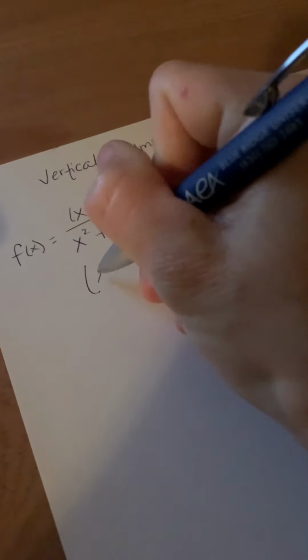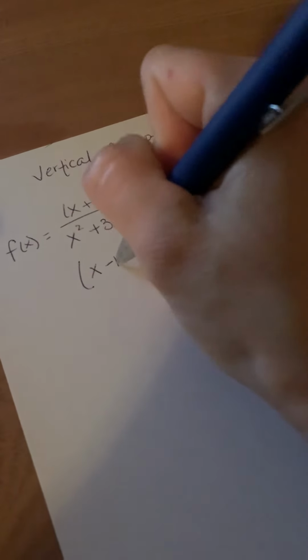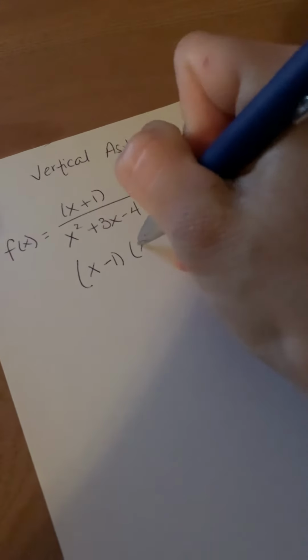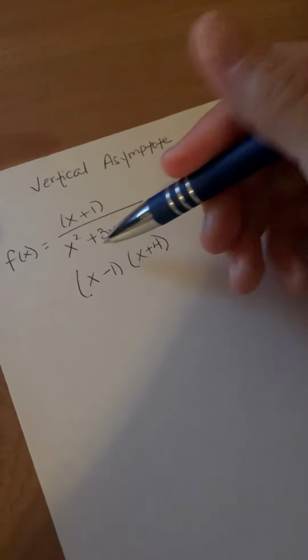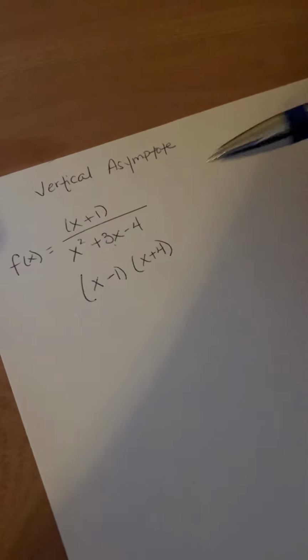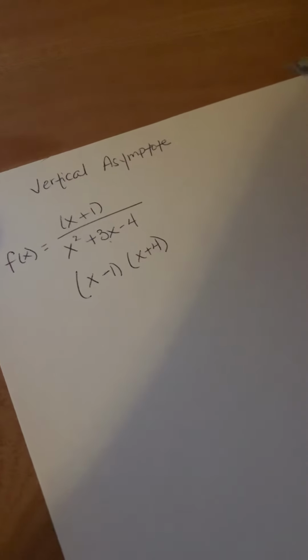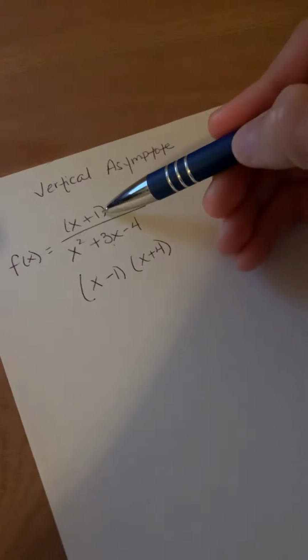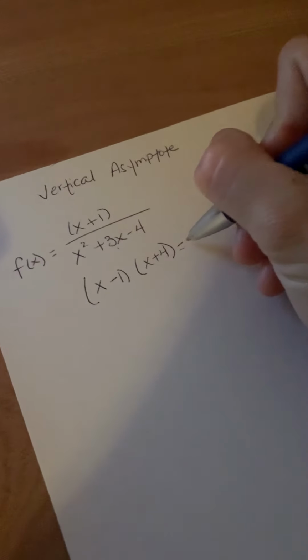you need. When we get there, it would be x minus 1 and x plus 4. Minus 1 plus 4 would get me to positive 3, and minus 1 times 4 would get me to negative 4. Since there are no pieces in common because these two factors are not identical, we set the denominator equal